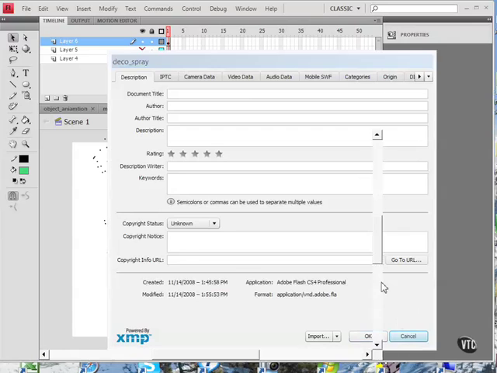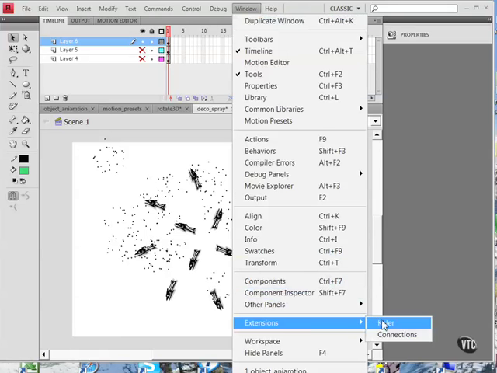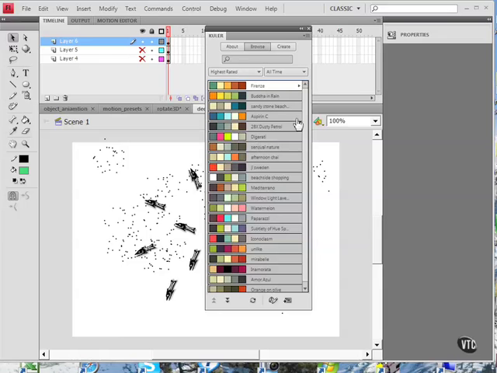Flash also has improved collaboration with Adobe Flex. You can edit code in Adobe Flex and then bring it into Flash CS4 Professional for finishing and production. You can also import code-only ActionScript 3.0 SWC components that are developed in the Adobe Flex Builder software. One of my favorite new features is the color extension. Choose Window, Extensions, Color, and that brings up this very handy little color tool that lets you choose attractive color